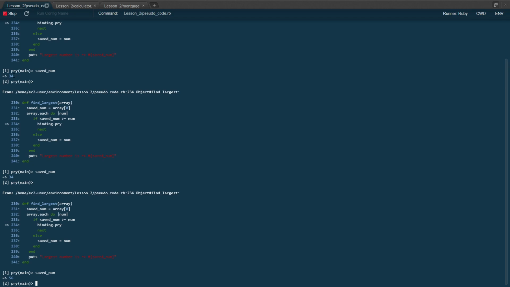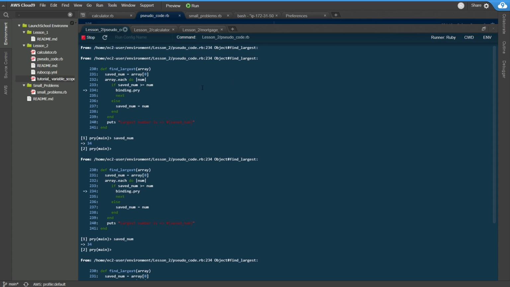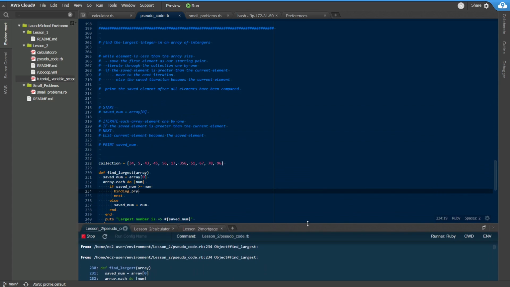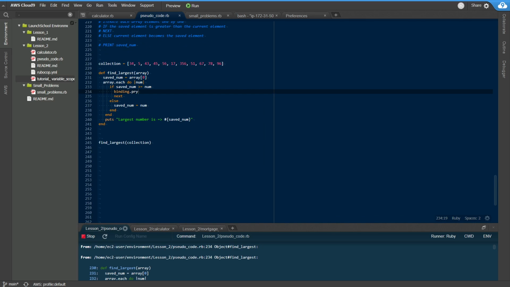So what this did here, if you see we have 34 twice in a row, that is because of our condition that we put here that says if our saved number is greater, we're going to move to the next iteration, which means we're going to skip this. So save number never becomes the number. So since we're starting at 34, we're getting 34 twice in a row because it's evaluating the first,